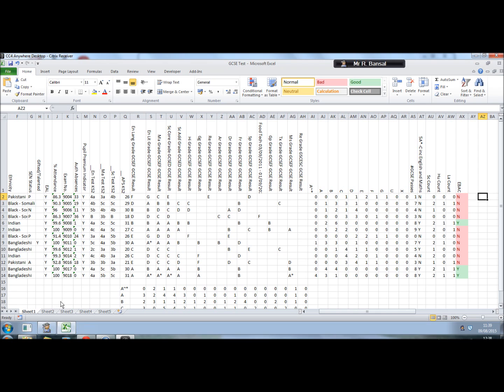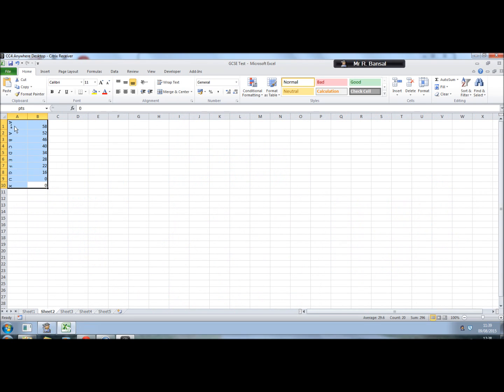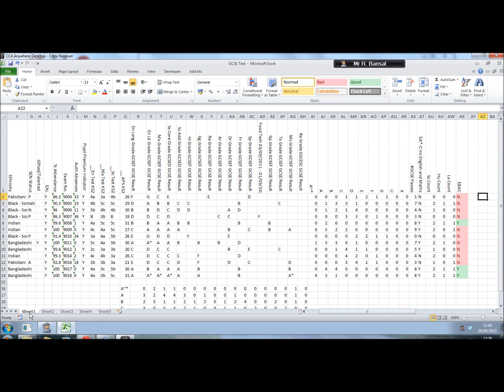Also, if you've seen our earlier videos, you'll have noticed that we put in a points table. Here it is, listing the GCSE grades and their point value, and that has a name in our spreadsheet of PTS for points, and that's important. So if you haven't put that in, check out the 5A to C, including English and Maths video for how to do that. Okay, so ready to go,